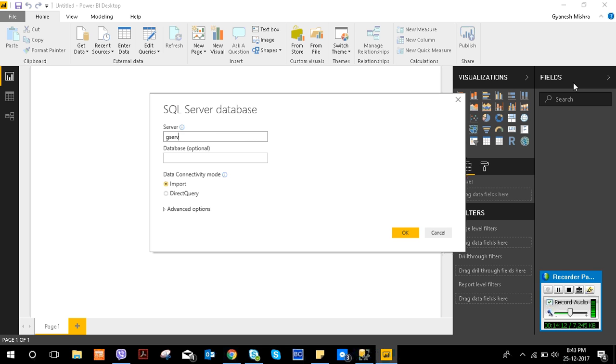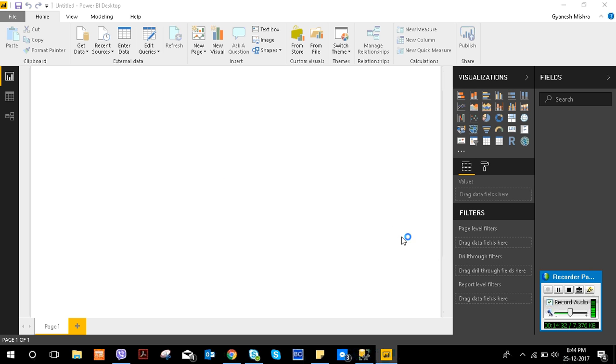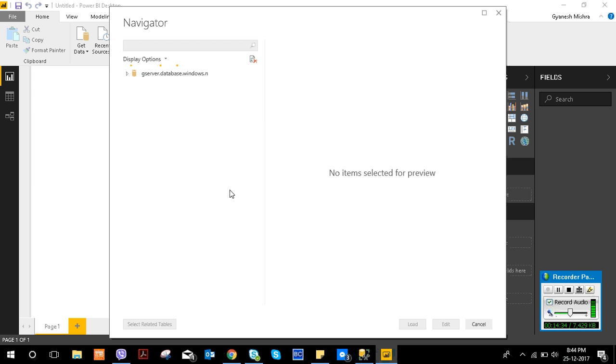So gserver.database.windows.net and then just go for the, maybe I'm selecting another option for this so that I might be able to access the credentials page. Okay, right now it's not showing me the credentials page, but sometimes it will show you the credentials page where you need to enter ID and password.